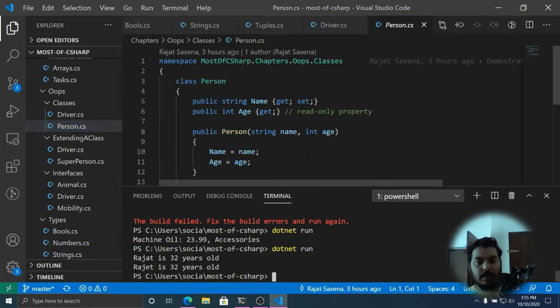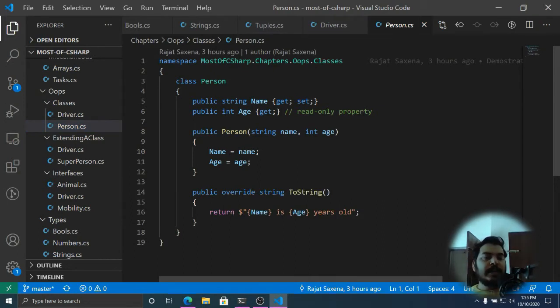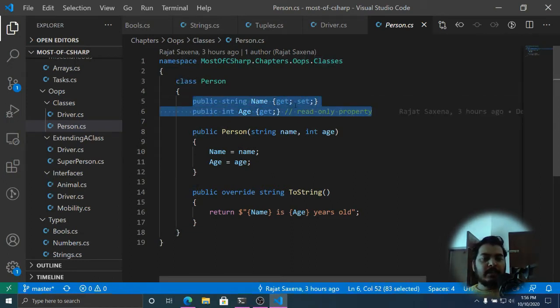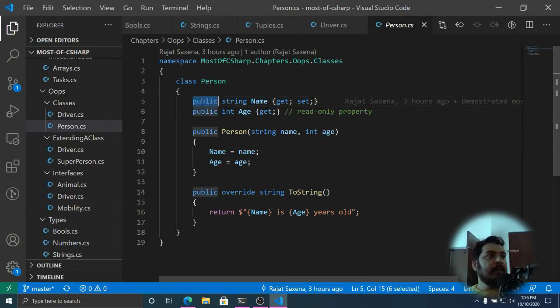This is how you create a class. The namespace stuff is something you already know by now. This is the keyword to create a class. Now let's talk about the properties. If I want to create a property, this is the access type. There are certain types like public, private, protected.